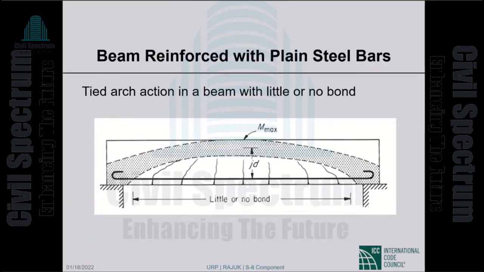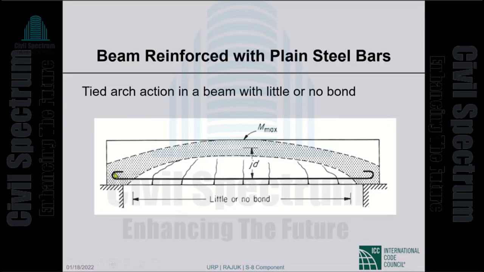Now, if the bond between steel and concrete completely fails, and if there are no hooks as shown in the picture, the beam will fail suddenly. The reinforcing bar will slip out, maybe not all the way out, but it will slip, and then the beam is like a plain concrete beam. One of the cracks you see will go through, and that will be the end of the beam.